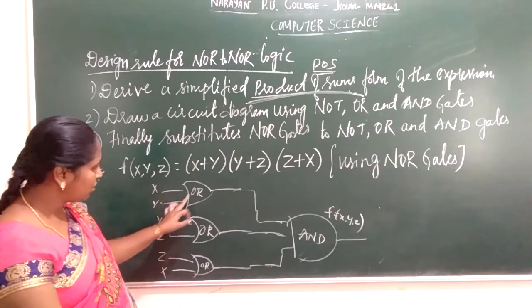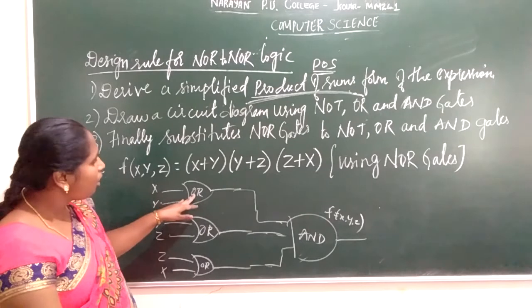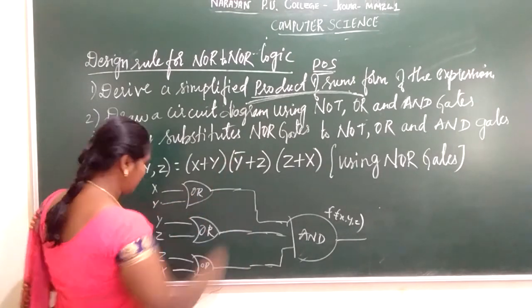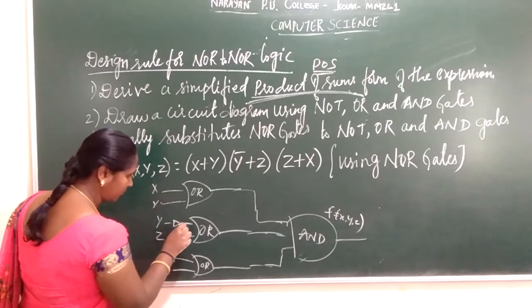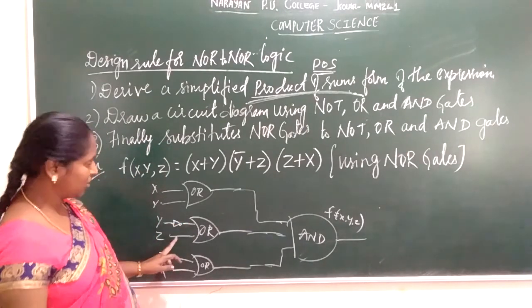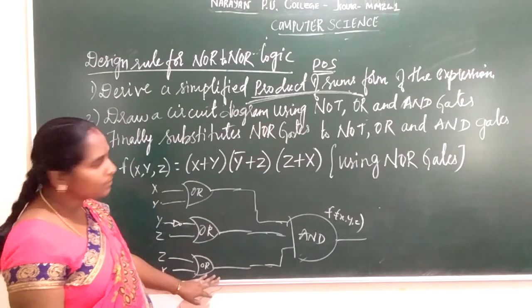So I have used an OR gate. There is no complementation in this example. You can try it even with a complementation. Suppose there is a complementation in the OR gate here. So here I am using a NOT operator. Okay, there is a complementation, y bar. I have used a NOT operator. So this is your basic gate circuit.